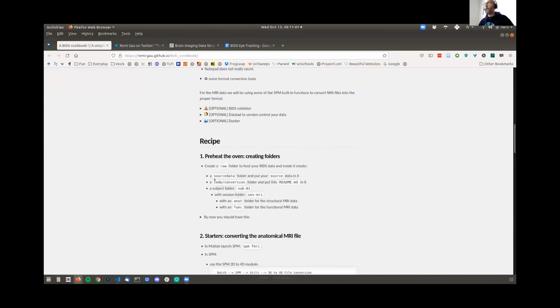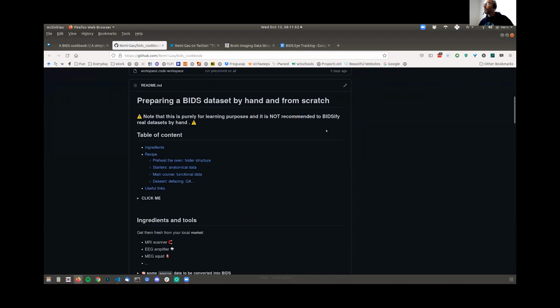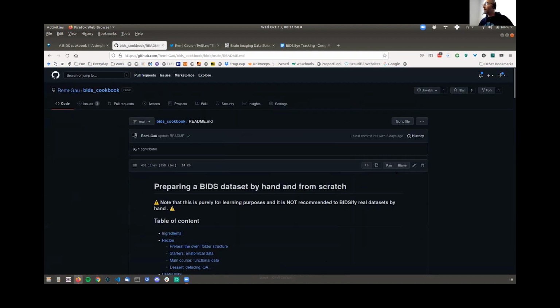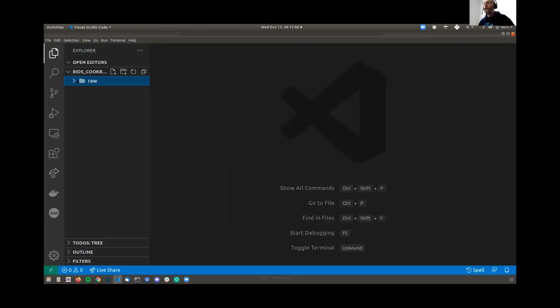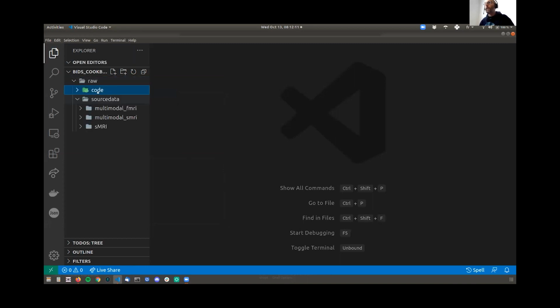Yeah, okay. Any code you used for the conversion, you can also put in there. We don't have actual code. What you can do though is put the content of that cookbook into there so that people know what kind of recipe you followed to do this. I'm going to get the raw content of this to do it. Instead, let's add a folder for code, and in there, one for conversion. And in there, we just want to create, I don't know, a README file.